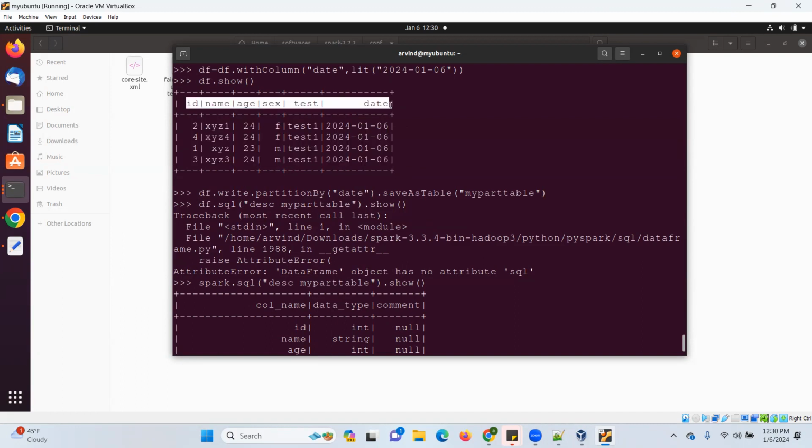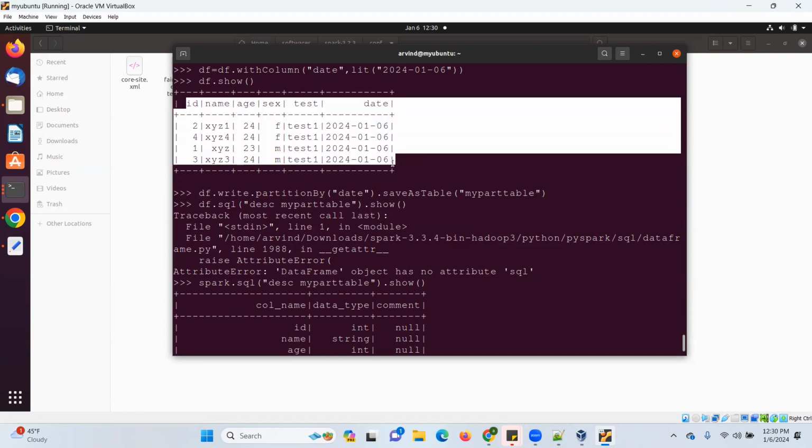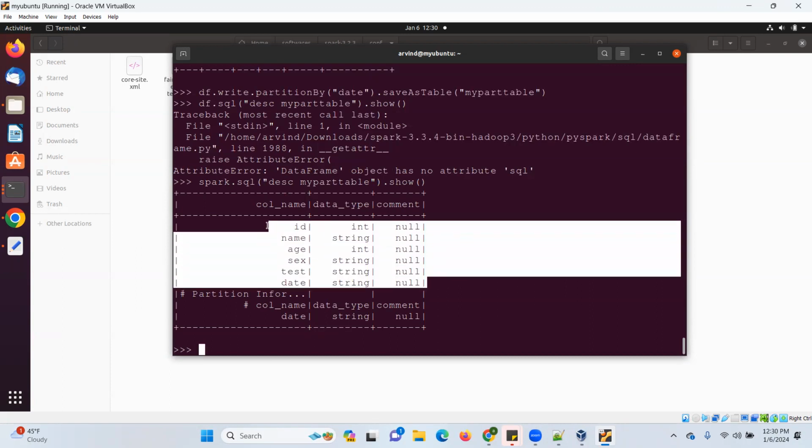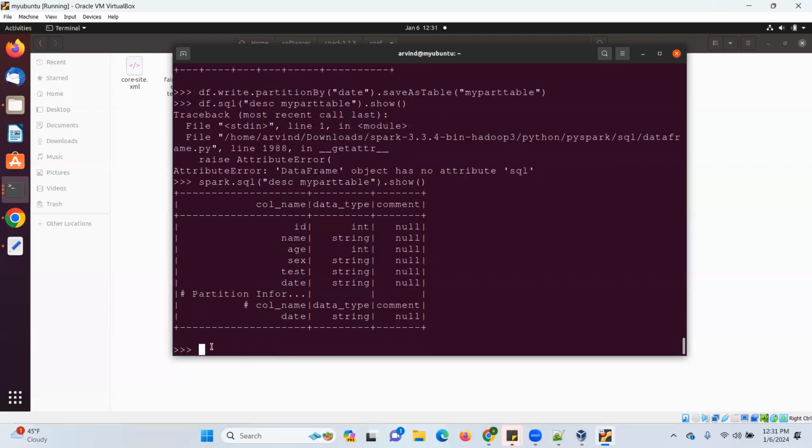Whatever data the data frame has, it is going to write entirely into the one partition. That's the reason when it is creating a table, the date comes inside. So once you select the date, you can remove it, or you can alter the table. Here we are able to see it, and if you want to check the data in the data frame,